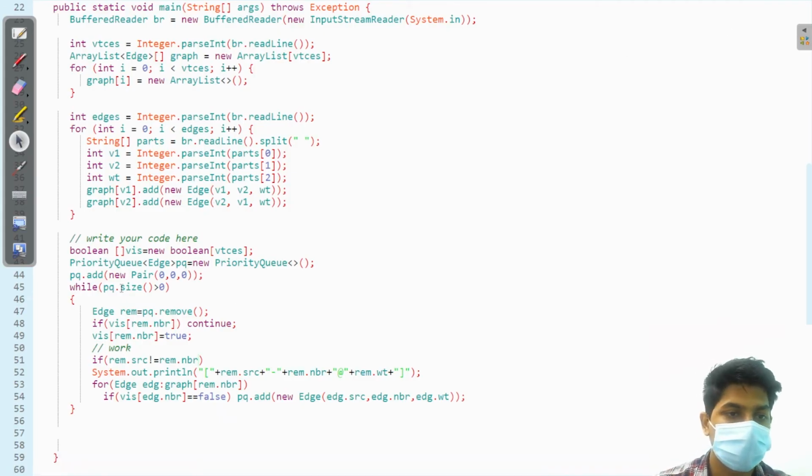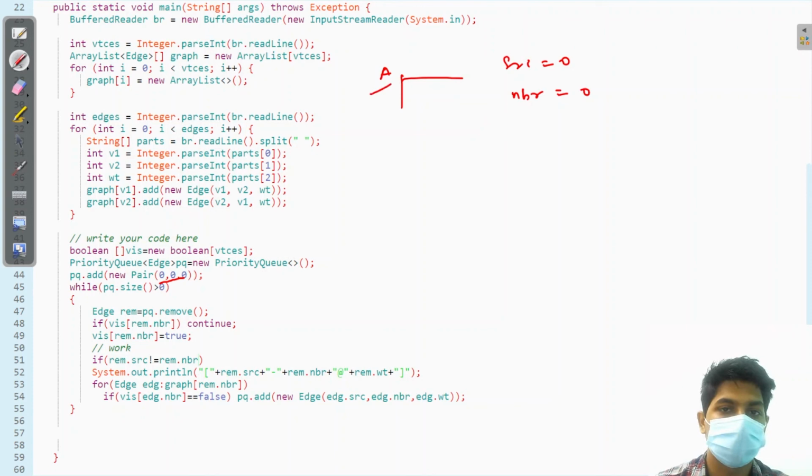Why will this line work? For the starting node, what I am passing over here is 0 0, meaning source is also 0 and neighbor is also 0. So for the starting node, it will not print like 0 at the rate 0. This line will not be printed for the starting node, that is the source node. And for all other nodes, the source node and neighbor node will be different.